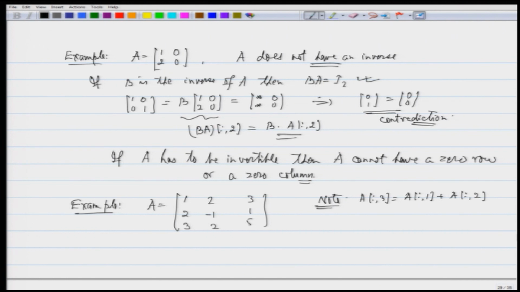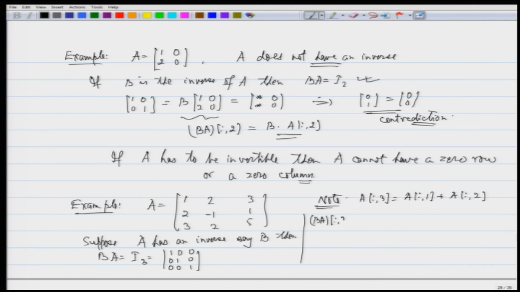Suppose A has an inverse, say B, then B times A will be identity, which will be 1 0 0, 0 1 0, 0 0 1, fine. Now, let us look at the third column of BA. So, what is the matrix multiplication? The third column of BA will be equal to B times the third column of A,